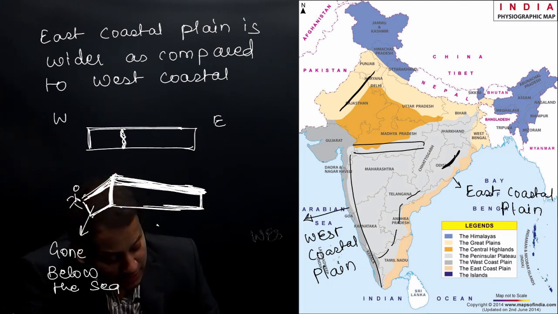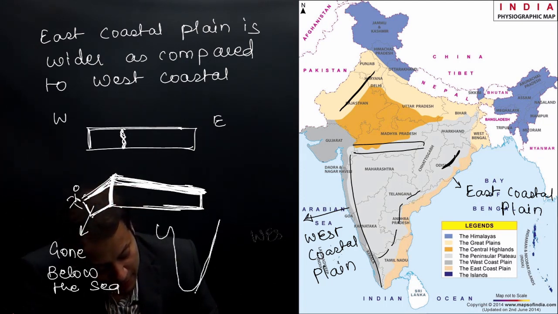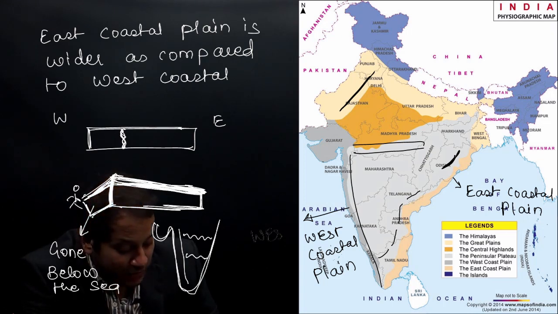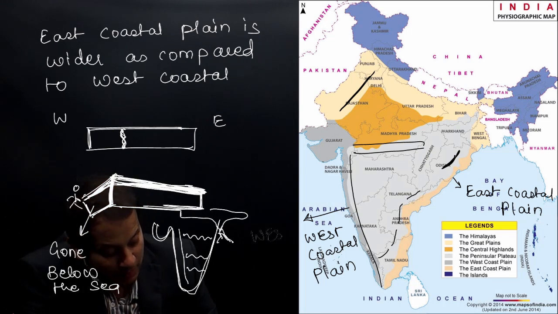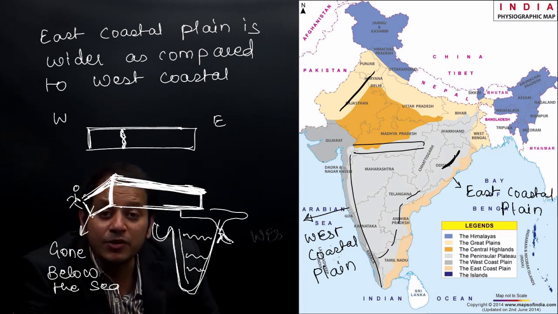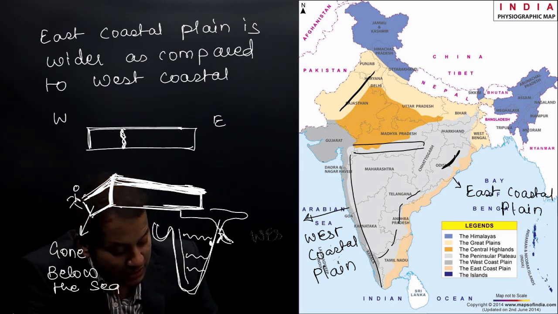While what has happened on the eastern part? If I draw a map of India here, there are numerous rivers which originate in the Western Ghats and flow towards the Bay of Bengal region. River Ganga also originates in the Himalayas and flows into the Bay of Bengal. Similarly, River Ganga is joined by River Brahmaputra and goes into the Bay of Bengal region. Now, as they drain into the Bay of Bengal region, they have deposited a large amount of sediments, and over the period, the land has come out. Why am I shading this area as white? Because the land has come out.